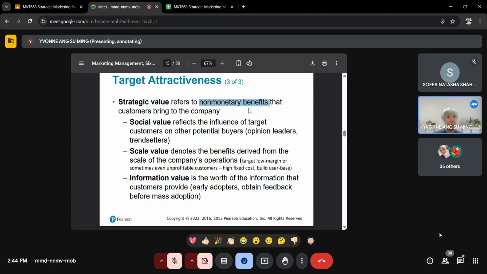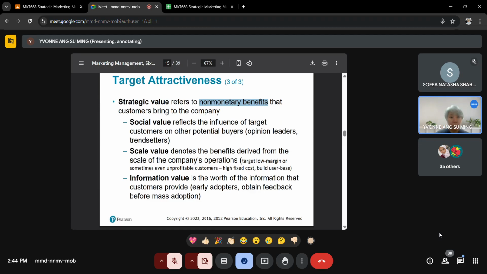Tadi kita dah tengok monetary benefits, sekarang kita masuk kepada non-monetary punya benefits. So for non-monetary benefits, kita ada 3, social value dia, scale value dia, dan juga information value. Okay, so this is not difficult to understand. As you can see, if you read the definition, you already can guess what is meant by this. Basically, we are trying to weigh what are the non-monetary benefits that we can obtain based on that particular selection